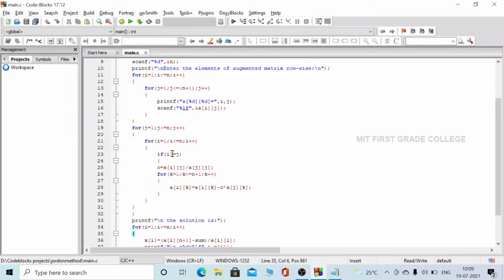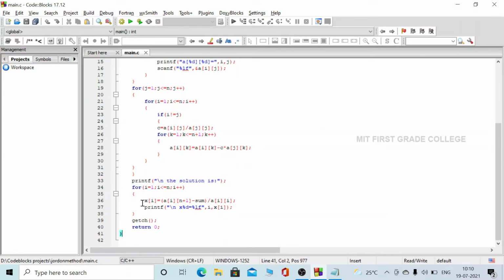To do that, we are taking another for loop and getting inside the loop, keeping the c value, and the values of that particular row will be changed. This process will continue until all the lower triangle elements and upper triangle elements become 0. After that, it will come out of the loop.